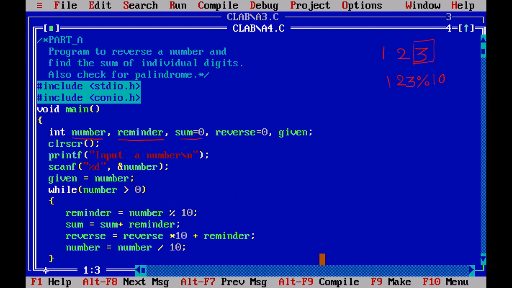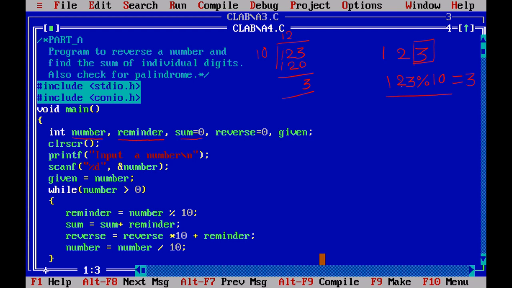What is the mod operator? The mod operator will return a remainder. When you divide 123 by 10, the quotient is 12 and the remainder is 3. So the mod operator will return the remainder, which is 3.